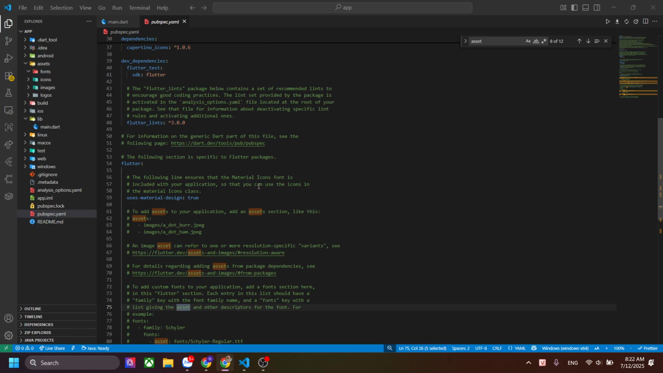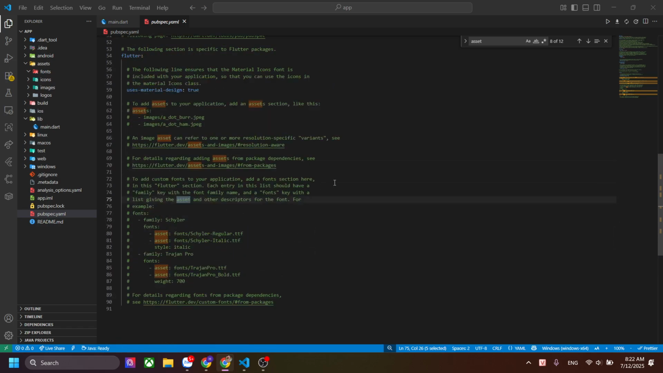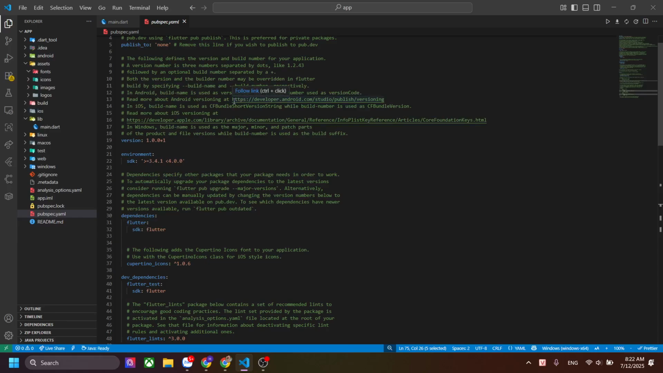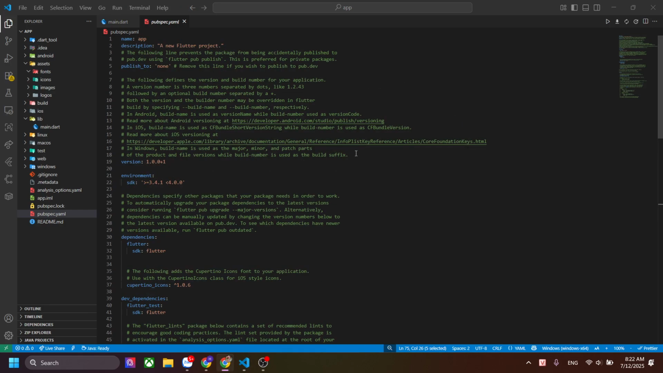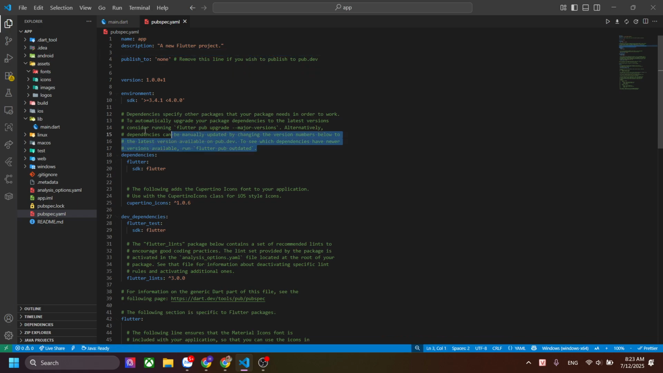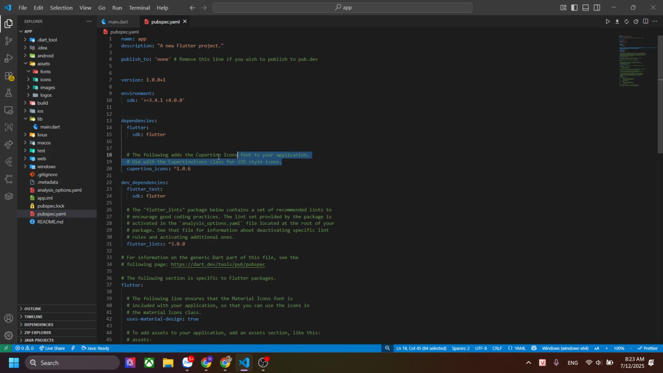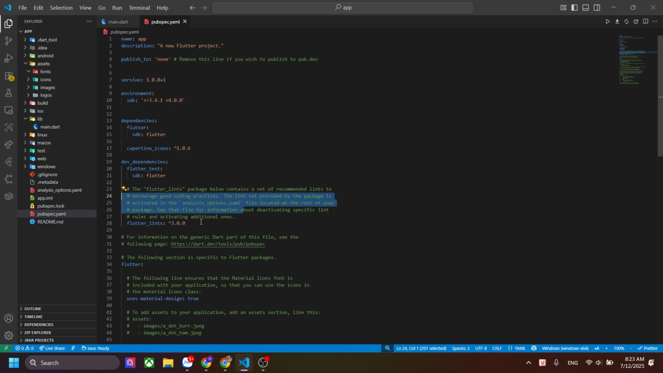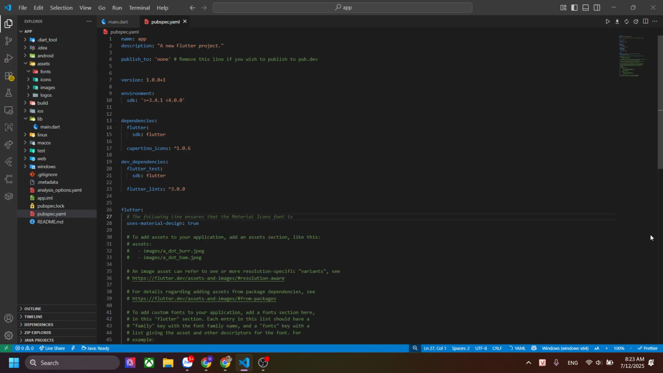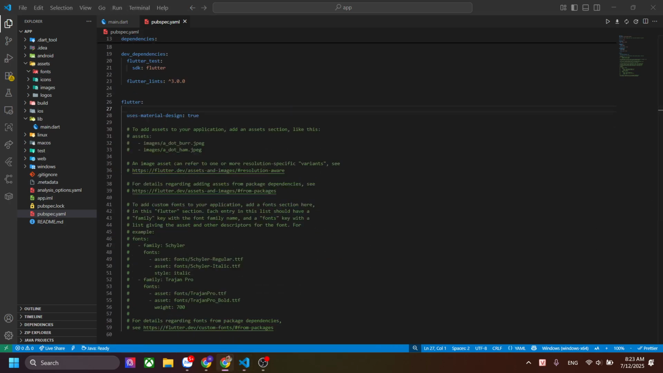So first of all, you can see at the top we have the name of the application, description, publish to, and version of our application. Then we have the target SDK, and then in the dependencies you can see I have already added packages. So we will add utility packages. Icons, I have just added a new package, which is icons X. This